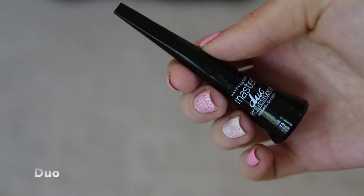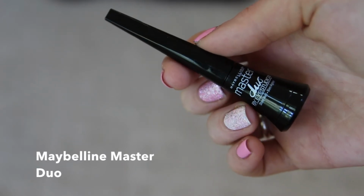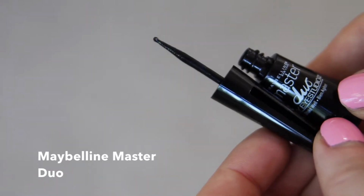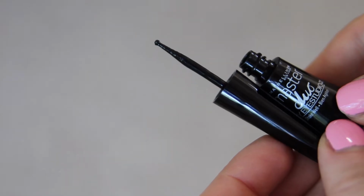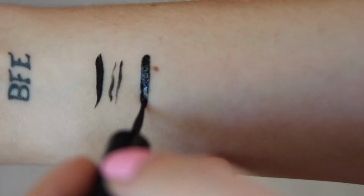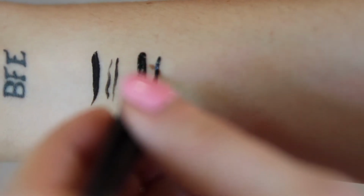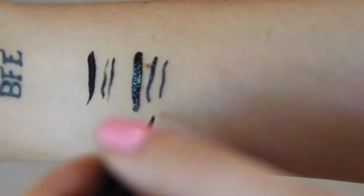Contender number 2 is Maybelline's Master Duo 2-in-1 liquid liner, which costs $8. It has a dual tip that is designed to create a thin, precise line on one side and a bold, thick line with the other side. The formula dries into a glossy, lacquered finish. Personally, I really enjoyed the glossy finish of this liner because it was different than any other liquid eyeliner I had used before. It dries completely but still has this glossy lacquered look, which I thought was really